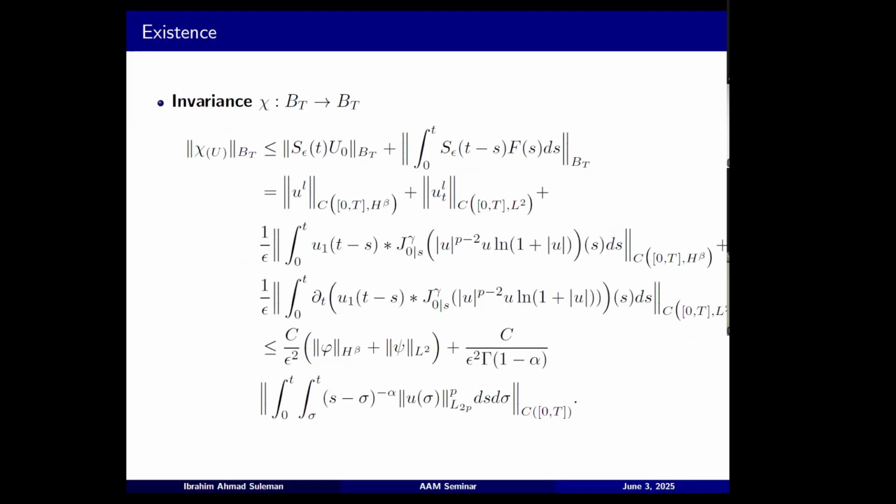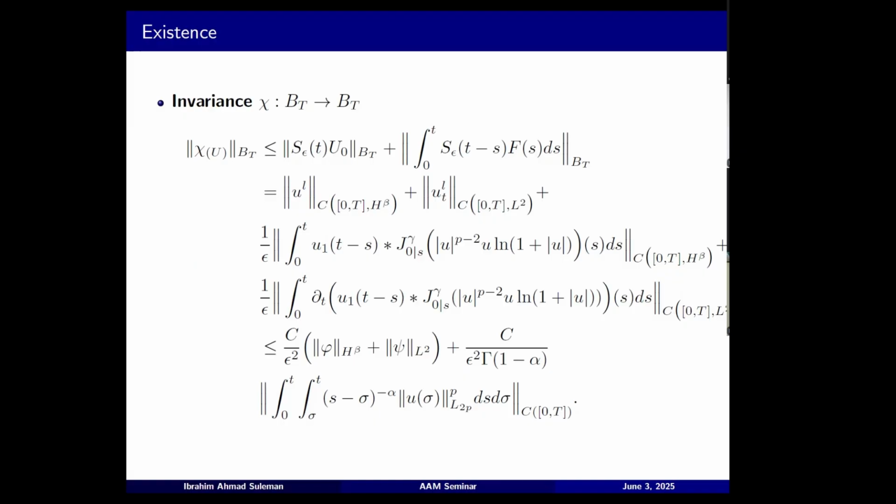So the first thing that is required from the Banach contraction principle is that the domain on which we are applying this argument should be invariant. So this is what we are after. We take an element u in the ball. We apply the function chi. The first inequality is the triangle inequality. The next ones come from the definition of the norm. That's the equality. Then the third inequality, the first term comes from our decay estimates. We have 1 plus t raised to the power of some negative power for u and u_t. So we can throw it away here.